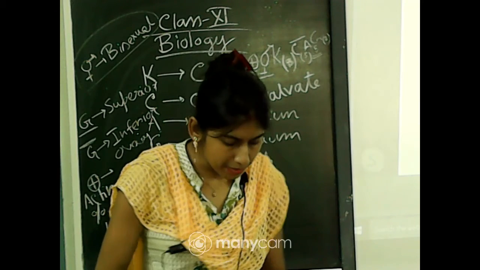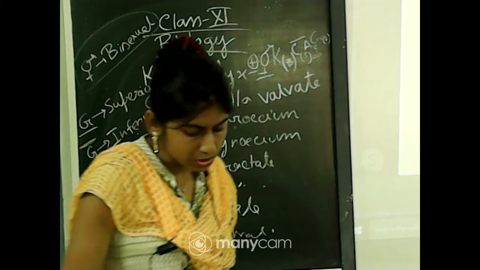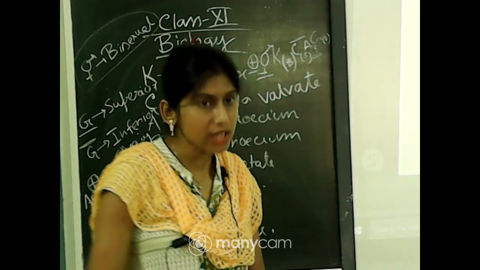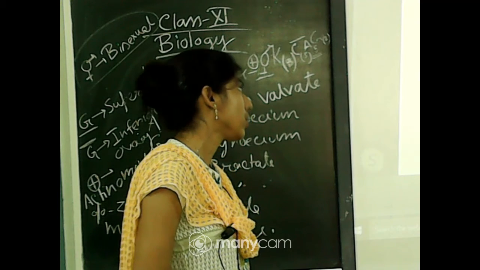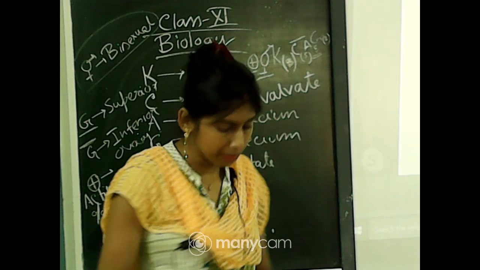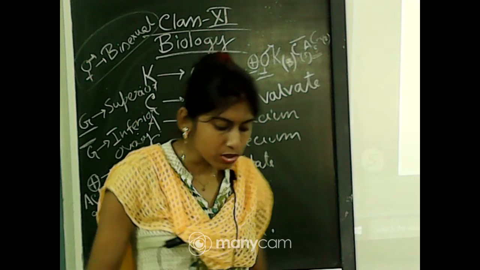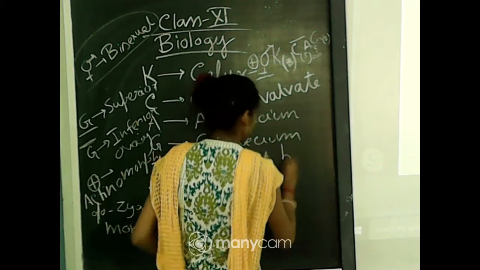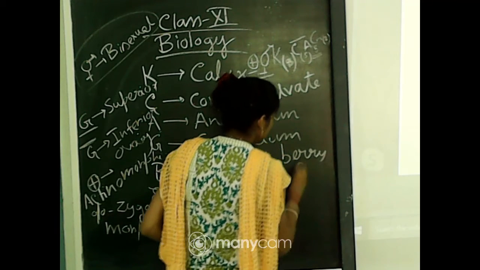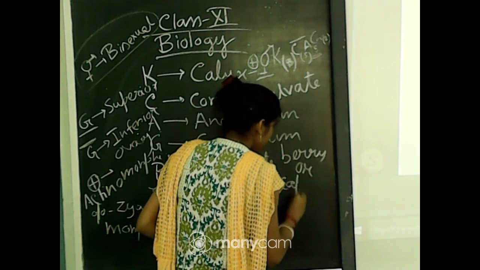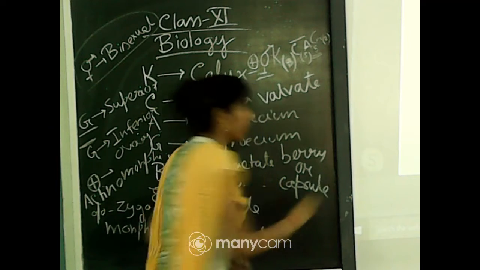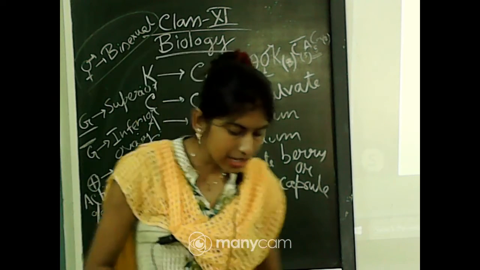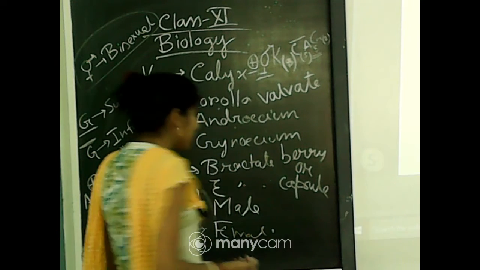So, they are having syncarpous ovaries which are superior, and bilocular, and the placenta is swollen with many ovules. So, in that case they are having many ovules. Fruits are of a special type which is called berry or capsule. Okay, their type of fruit is berry or capsule, and the seeds are endospermous, and the number